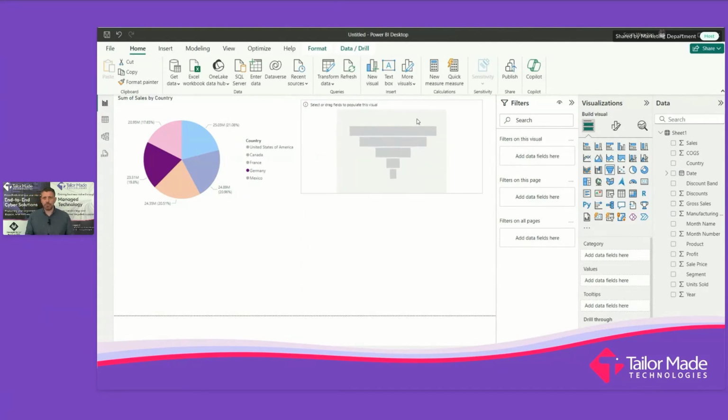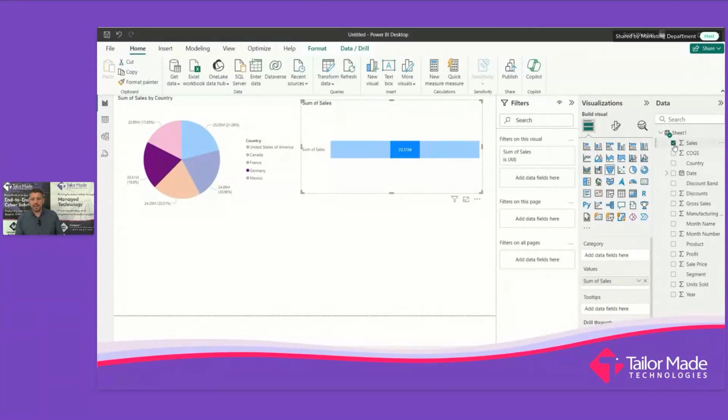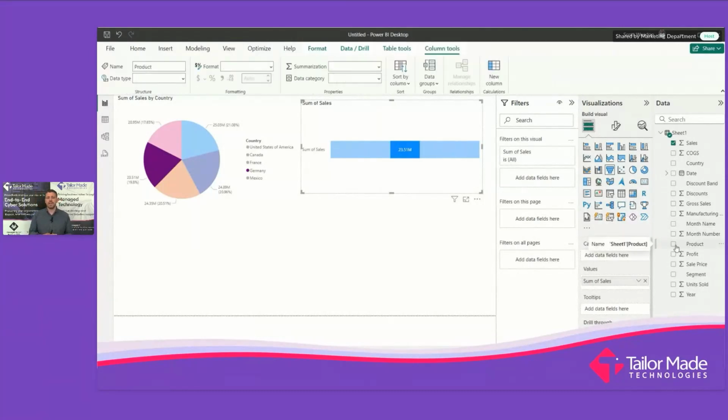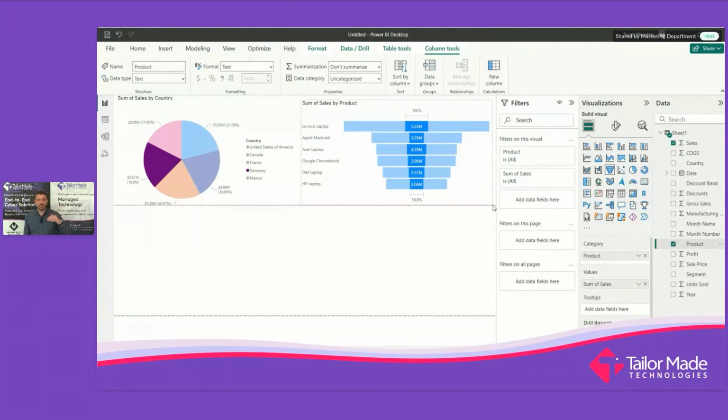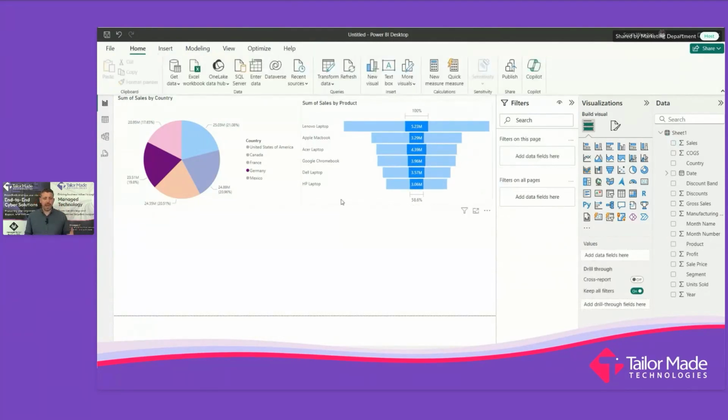This time, we're going to create a funnel, and then we're going to have a slightly different set of data this time. So again, I can resize that. I can drag it around. You can see how easy that is to use. And this time, I'm going to pick sales again. So let's put that into my values, the sum of all the sales. And then this time, we're going to choose something a little bit different. So let's go and pick the product, okay, as effectively our category. And you can see this time, it's broken all of my products down, all my laptops that I've got. So my Lenovo, my Apple, my Acer.